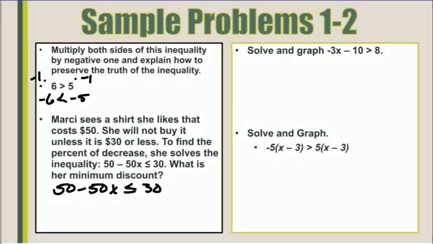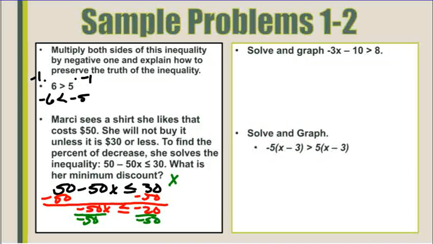and we're going to solve that. So the first step is to get our minus 50x by itself. So I'm going to subtract 50 on both sides. And I have negative 50x is less than or equal to -20. To get x completely by itself, I'm going to divide by -50. So now I'm left with x, but because I'm dividing by a negative number, I flip the symbol, so it's greater than or equal to -20 divided by -50,